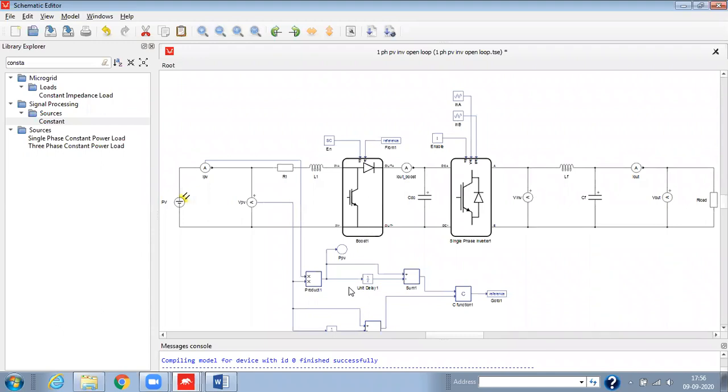How are the values of the filter, capacitor, and inductors chosen? Basically, you have to calculate them. I have calculated them earlier, so I know those values. Using the formula, you can calculate them.